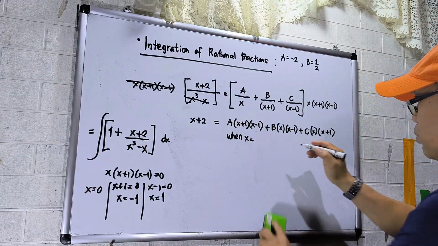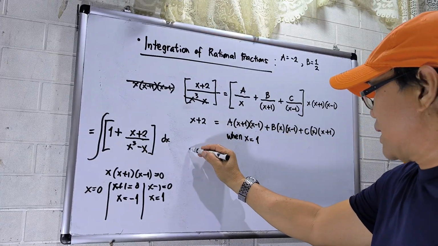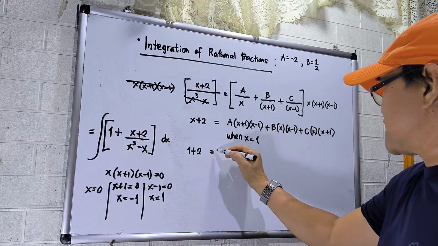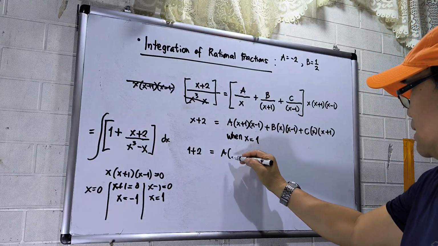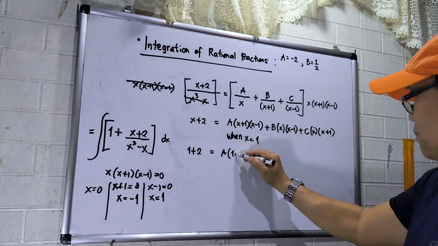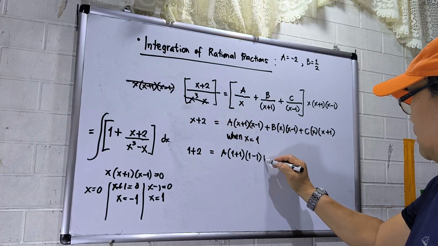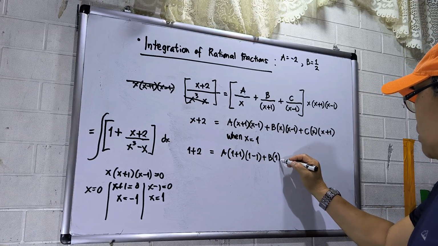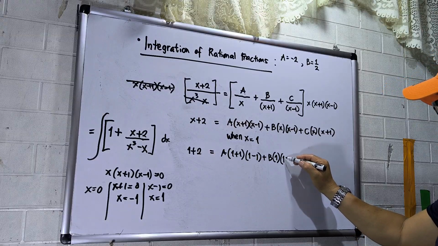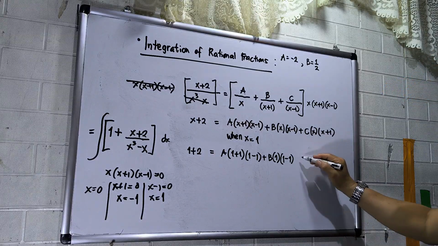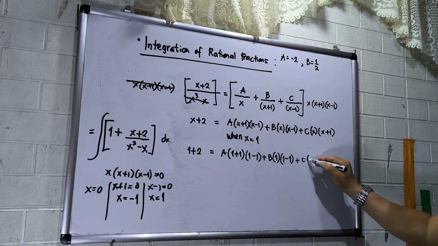So this is positive 1. So positive 1, 1 plus 2 is equal to a. Circle brackets, 1 plus 1. Then positive 1 minus 1 plus b times 1, 1 minus 1. Then plus c, 1